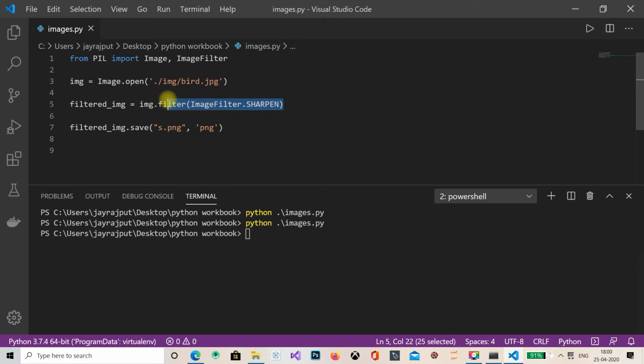But I'll show you one thing and you will feel like doing much more with this library. That's one of my favorite filters, not a filter, it's a converter. I am converting this particular image guys. Let's see, img dot convert. I want to convert it into grayscale. Let's go, and capital L. Yeah. Control S, L dot png. Same way, guys. No, nothing, no difference. Let's see.